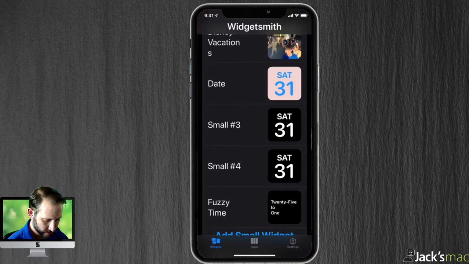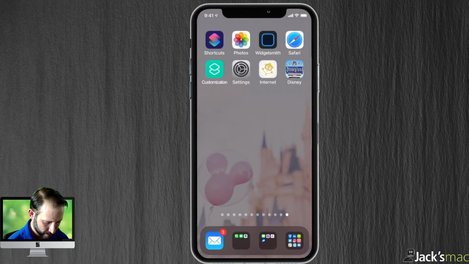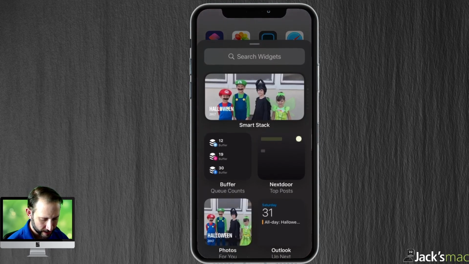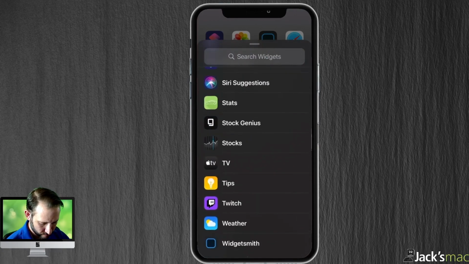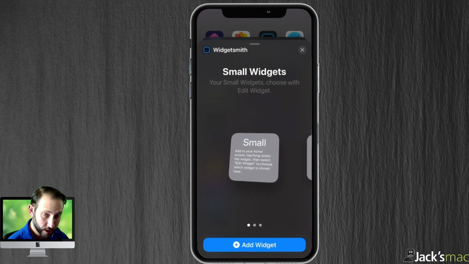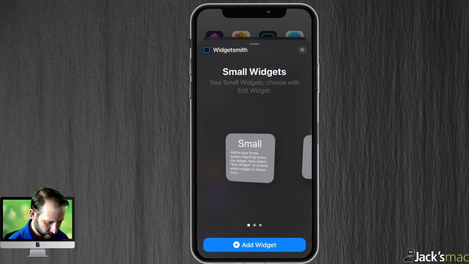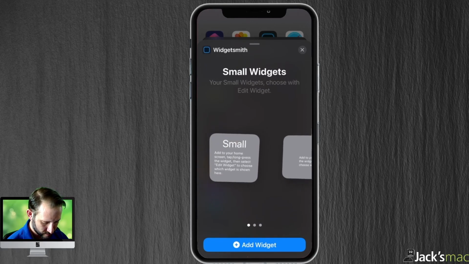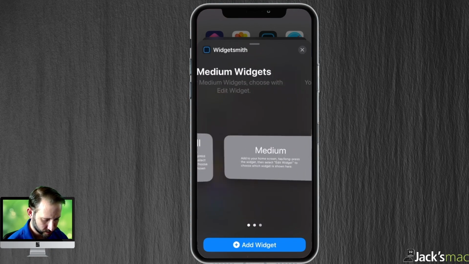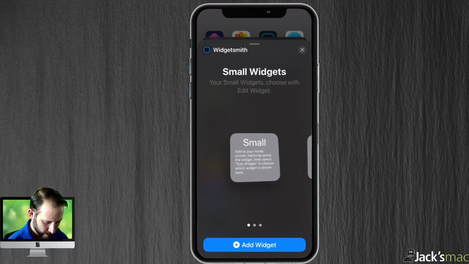Now what you need to do is go back to your home page. Click anywhere, get into jiggly mode, hit the add at the top left, scroll all the way down to Widgetsmith. When you're searching your widgets, tap Widgetsmith. It's a small widget that you just created, so we're going to say add widget. If it's a medium widget, you would just scroll over to here, medium widgets, large widgets. We created a small widget. I'm going to say add widget,